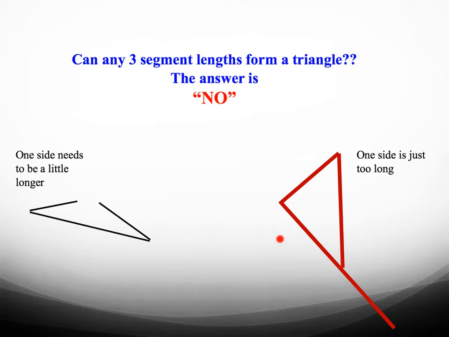Take a look at the red side lengths. When I put those together, one is longer than the others, so there's an overlap. So it's not able to make a triangle with those three side lengths. So the question is, can any three segments form a triangle? Absolutely not. So that brings us to our theorem here,